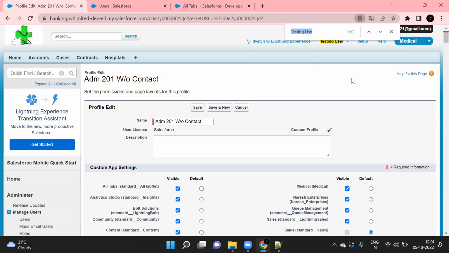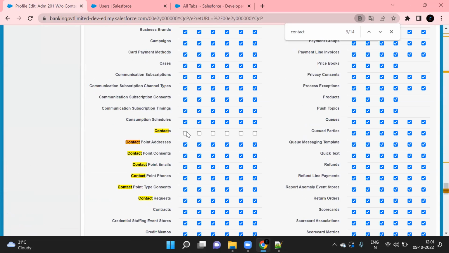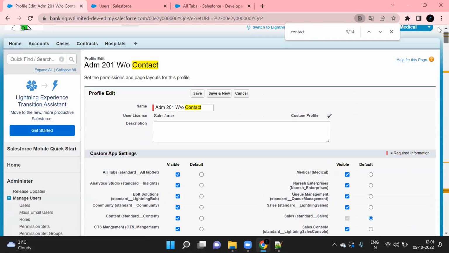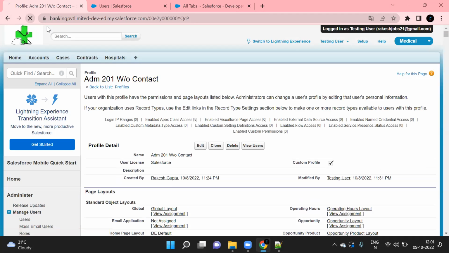Except the contact permission. Just go to the contact. Look, just give the read only. So for this profile, we have only the read only. Now you can see this. If you refresh,